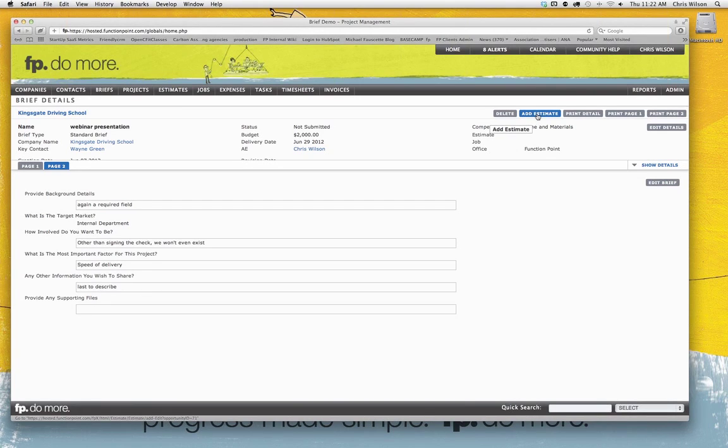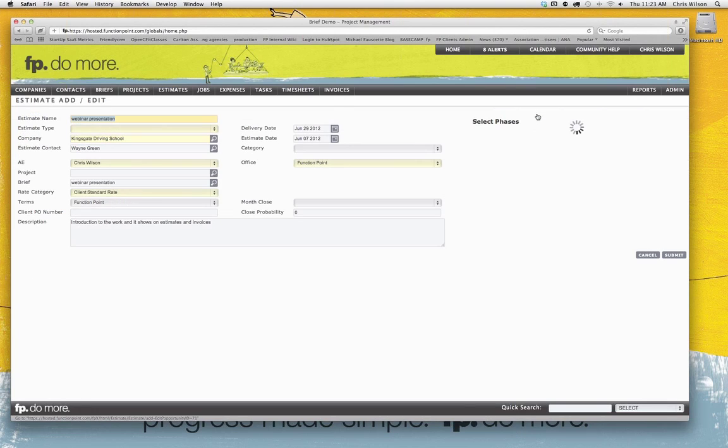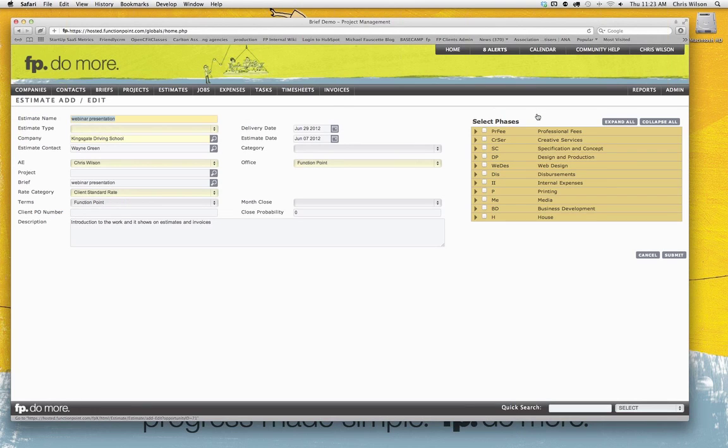I said earlier that information gets carried over into the other module. If I select this add estimate, that will really demonstrate for you how all the information that we have from the brief that's relative will automatically drop in to the estimate add page. And there's that description I had been speaking of. Of course, from here, the user can go through creating phases and services and such, and building out the workflow appropriately. Good. So that's really a quick overview of showing the first scenario where an account executive would come in,